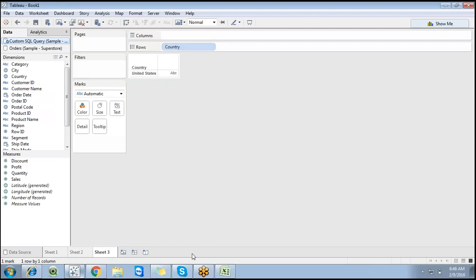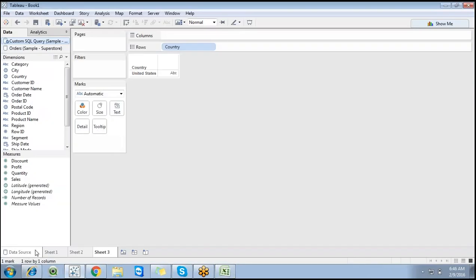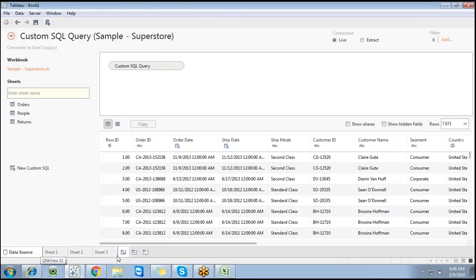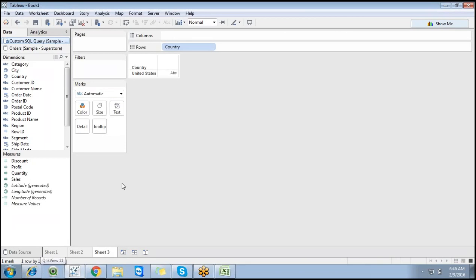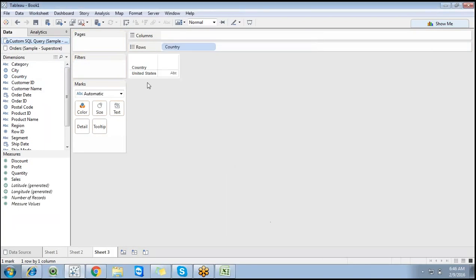If you want to filter out unwanted data straight away, you can filter it within the backend, at the Tableau data source level, because otherwise every time, if you want to filter out countries, you have to drag and drop the country column into filter and filter out unwanted elements. This is somewhat time taking, and every time we have to take care of all the filter options.